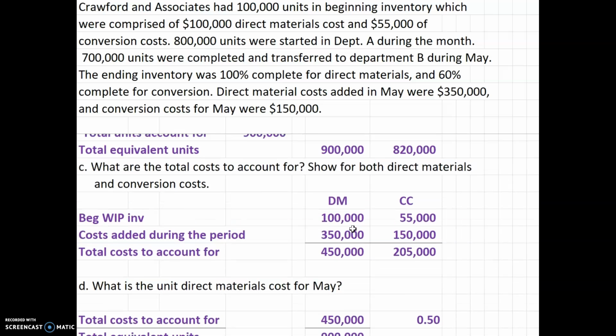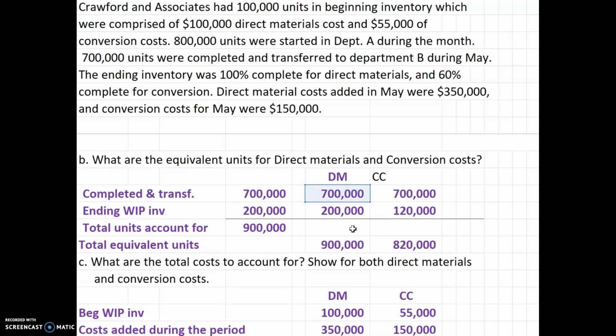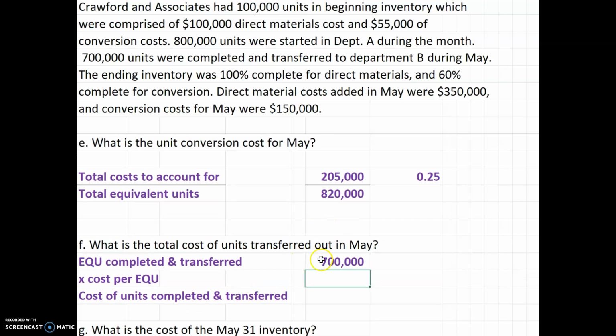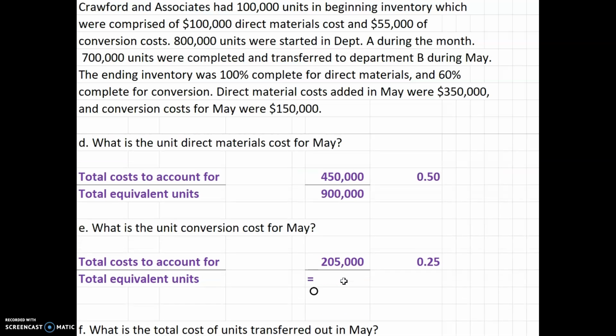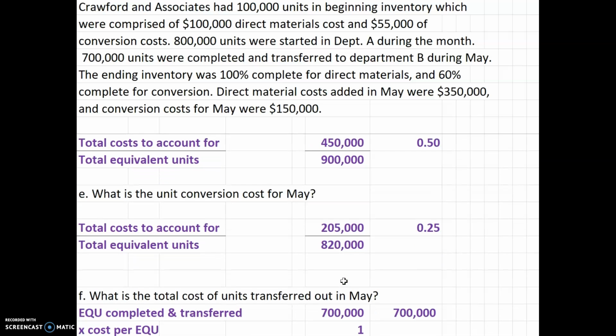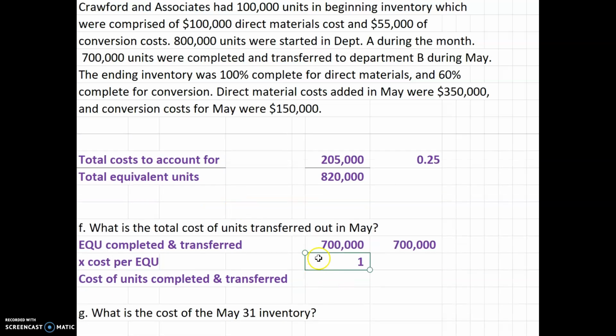Up here we said the units that were completed and transferred was 700,000 for both direct materials and conversion costs. The cost per equivalent unit for direct materials we said was 50 cents a unit. Okay. The cost per equivalent unit for conversion costs was 25. So we could have just said 700,000 times 75 cents. We didn't have to do this in two steps, but